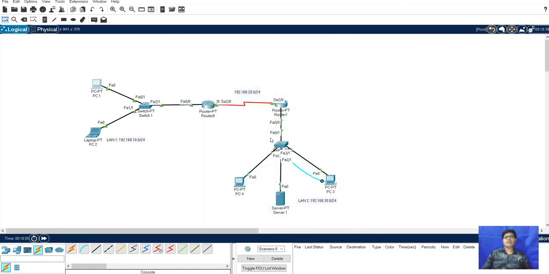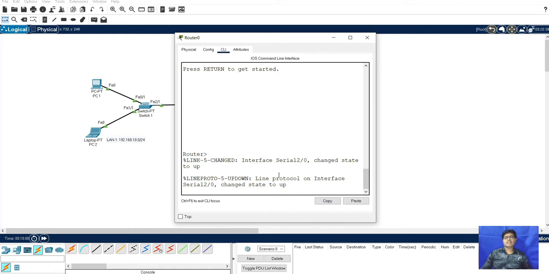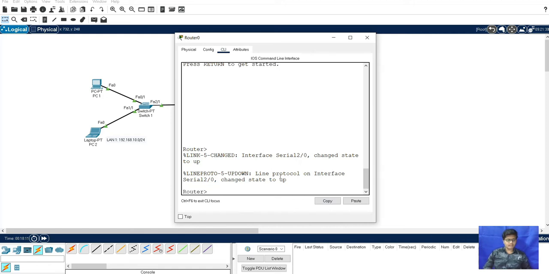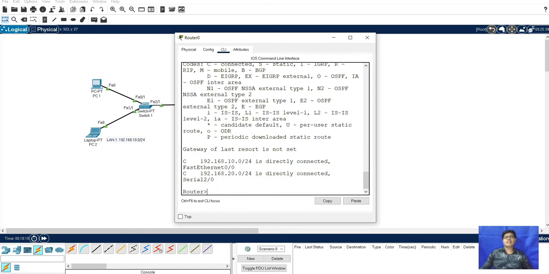So next we will go here in router and check the status of the routing table. For that we will go here, enable. We can also type show ip route. So let's check. So this is directly connected to 192.168.10.0 for the fast ethernet 0/0, and the serial is connected to 20.0.